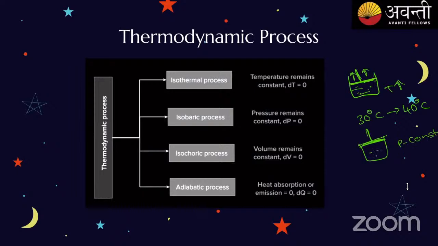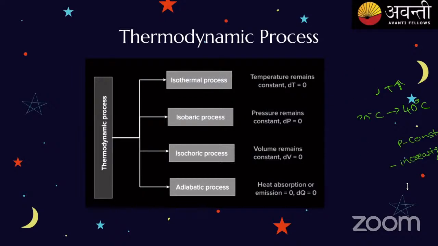Now, when pressure is constant, that is called an isobaric process, and this is also in states of matter, right? You have seen what is isobaric, what is isochoric. The only new thing is the adiabatic process. What is an adiabatic process? Nothing but heat will not be changed. First we'll see isochoric also.